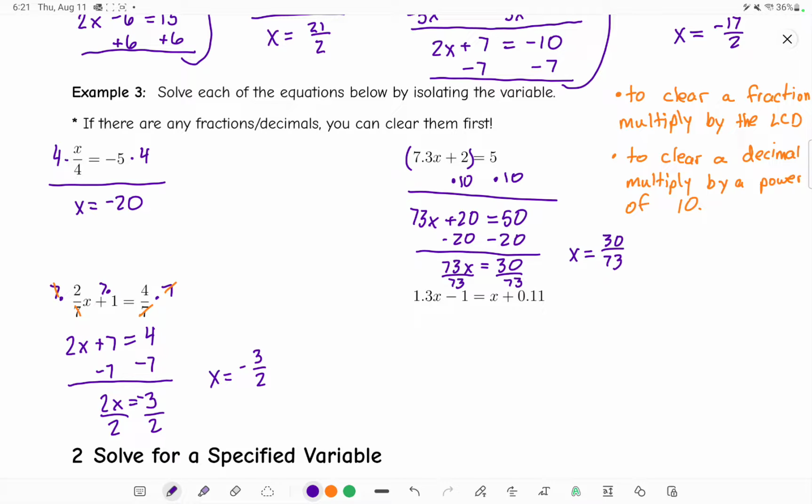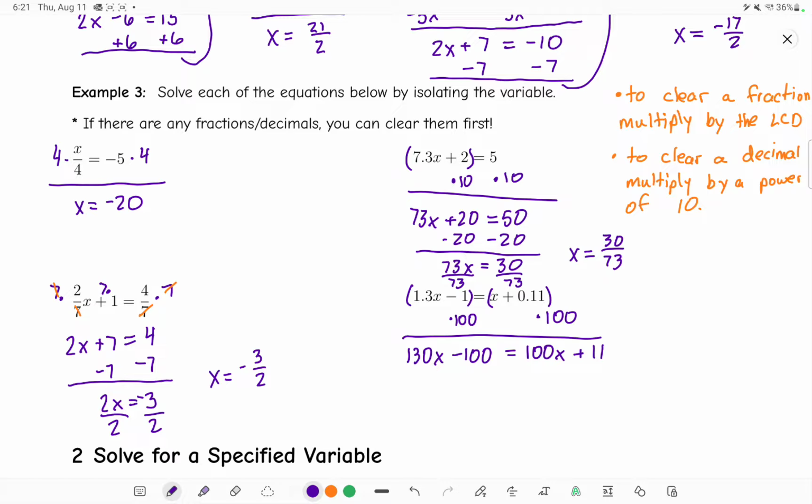Okay, so here the 1.3 has 1 decimal place, but the 11 hundredths has 2 decimal places. So we're going to multiply by 10 to the 2nd power, which is 100. So multiply by 100. That moves the decimal place over 2, so that becomes 130x minus 100 equals 100x plus